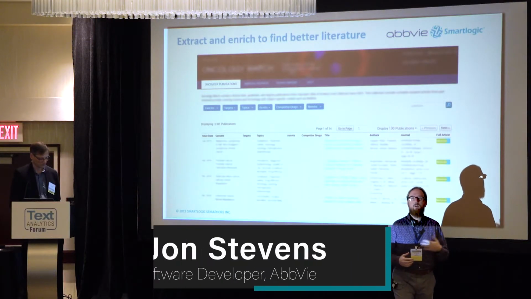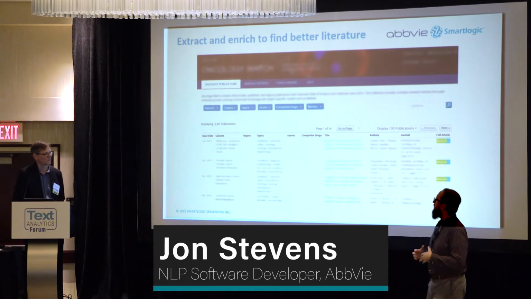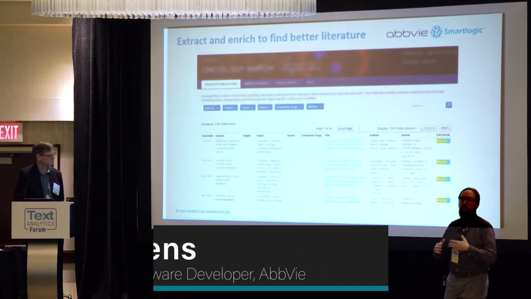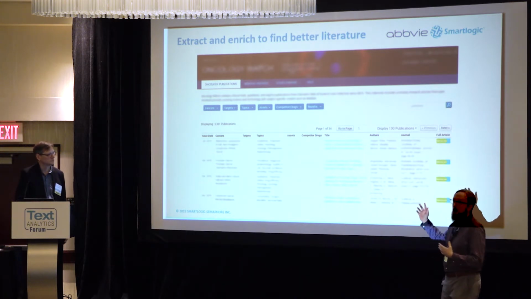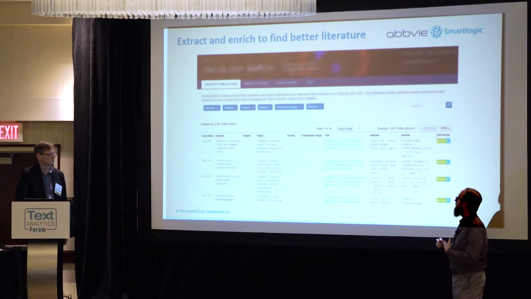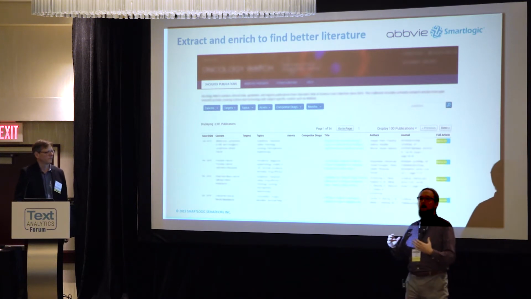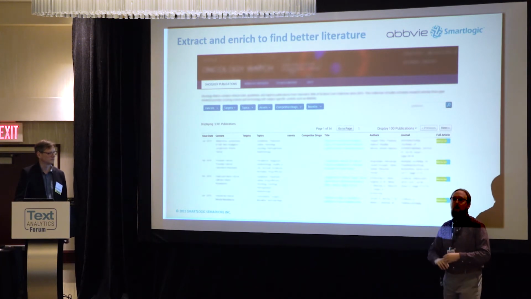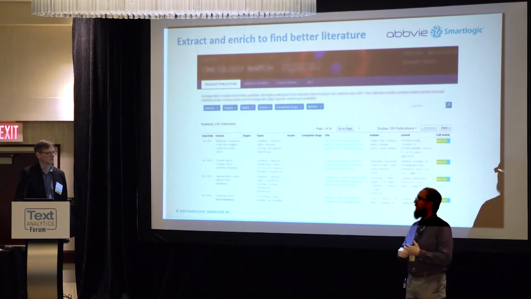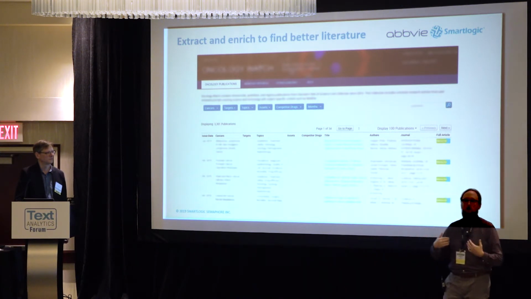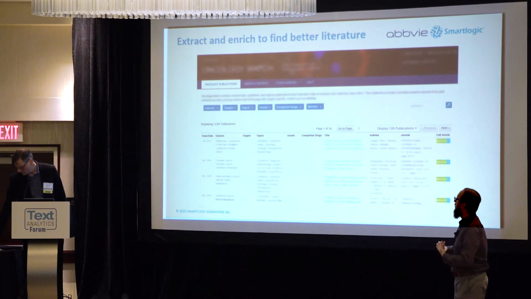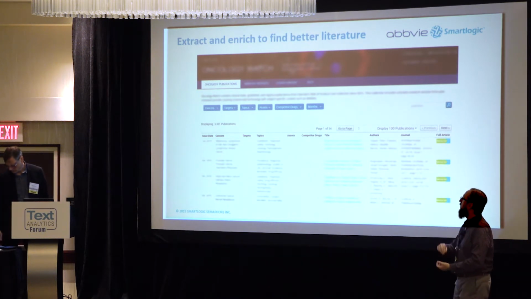I work with the AI team, as I said, and also with the AbbVie library, and we have been building these custom literature portals for our clients within AbbVie. So we have lots of different research groups. For example, this is Oncology, where we build a website custom for that research group where they can select from drop-downs. They can search and filter by the types of cancers, the types of cancer drugs, and a bunch of other general topics, so that they can get the scientific literature that's relevant to them without having to construct complicated PubMed search queries every time they want to find something. And we've done this for a number of groups: oncology, HIV, and others.